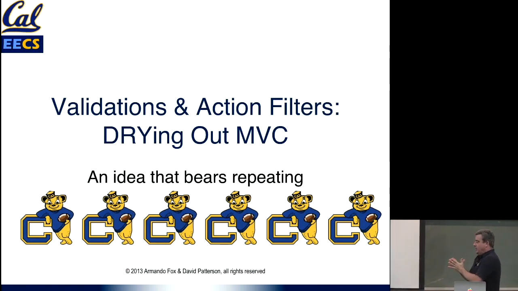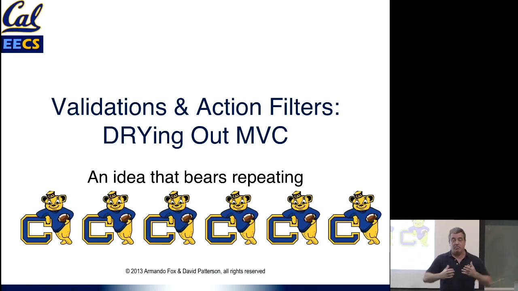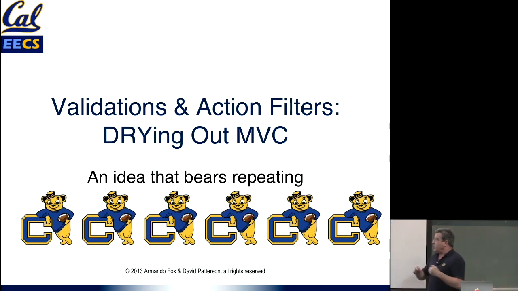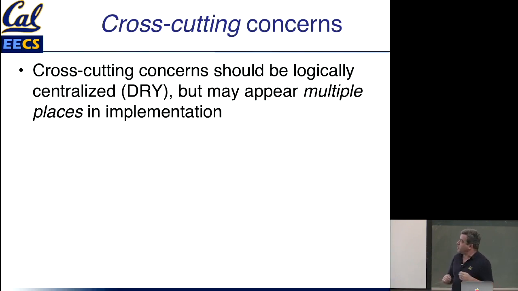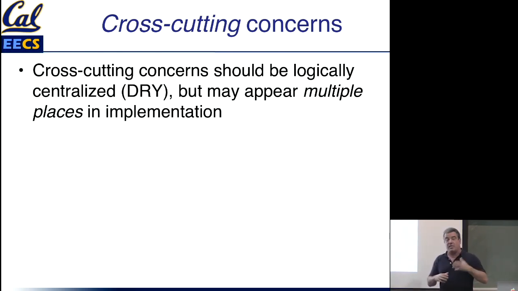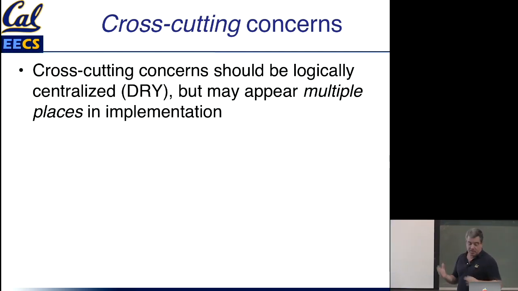So a lot of the emphasis in software engineering is trying to reduce repetition, make good use of reusing existing code. And one challenge is when the thing that you're trying to reuse is not a piece of code located in one place, but a cross-cutting concern. It's something that you have to pay attention to at various points in the app. So a cross-cutting concern is a consideration that arises in terms of execution and code flow, could arise at a bunch of different points in the app, but you would still like to avoid duplicating any code or logic that has to do with it.